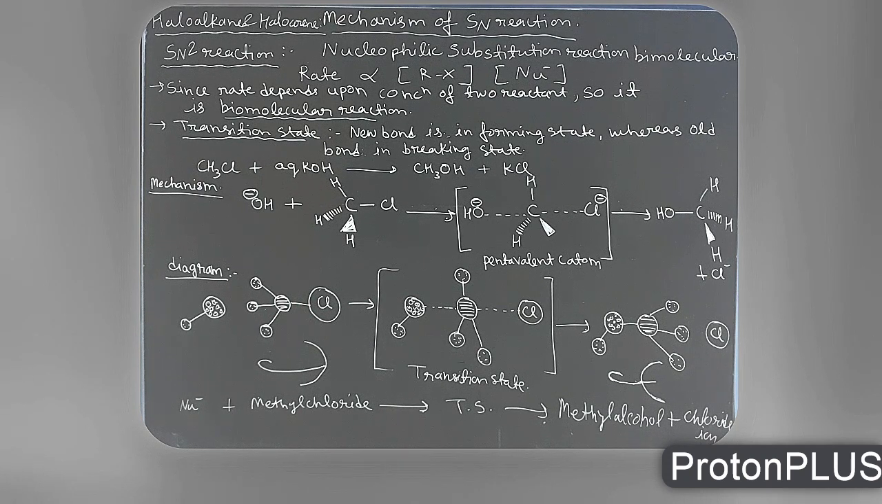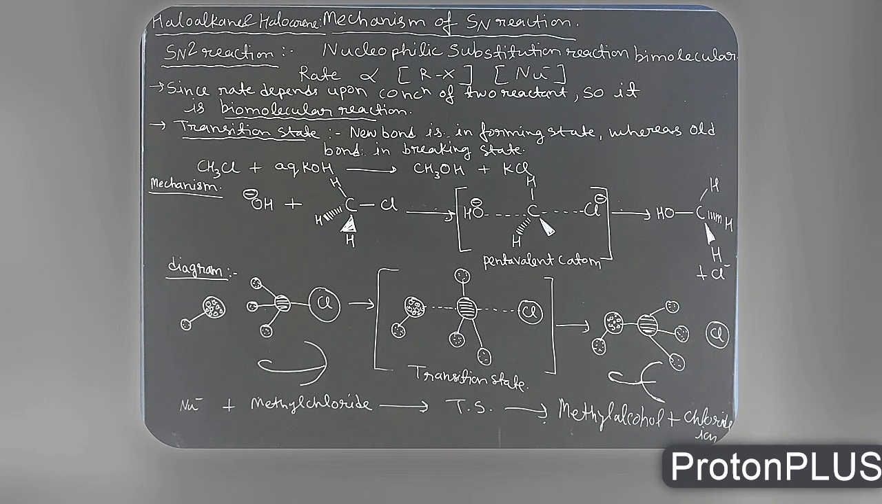The transition state is formed. The transition state is not a stable intermediate because we cannot separate it from the reaction mixture. There is no physical existence of a state that can be separated. This transition state formation is followed by the attack of the nucleophile on the substrate, followed by breaking of the old bond and formation of the new bond, and the product formed shows